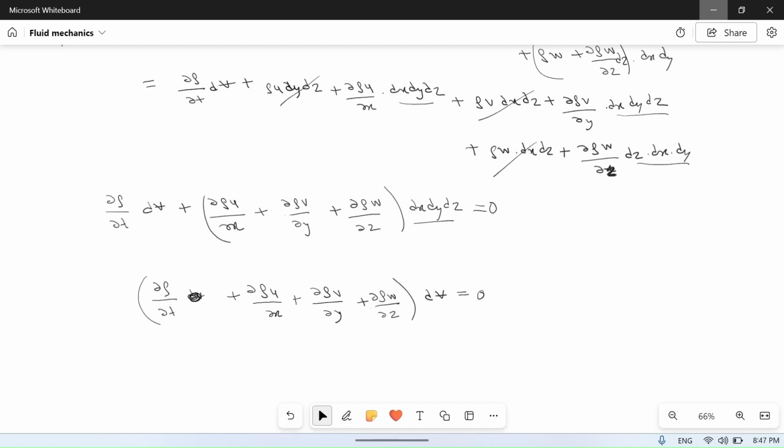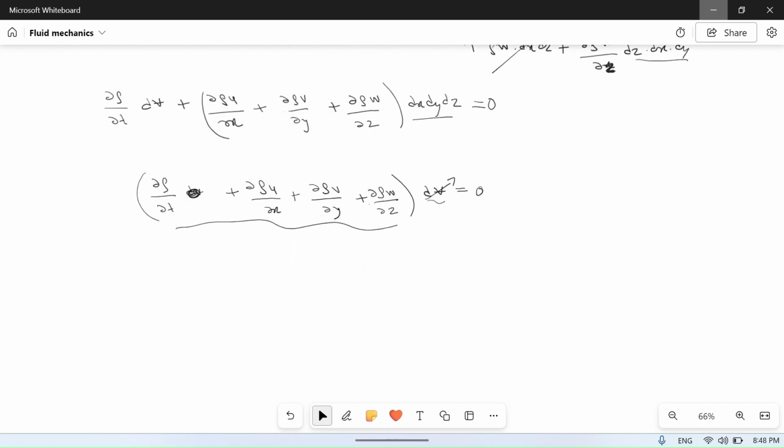So this is our continuity equation. dV is not 0, so either the first factor or the second can be 0, so we can also write it as